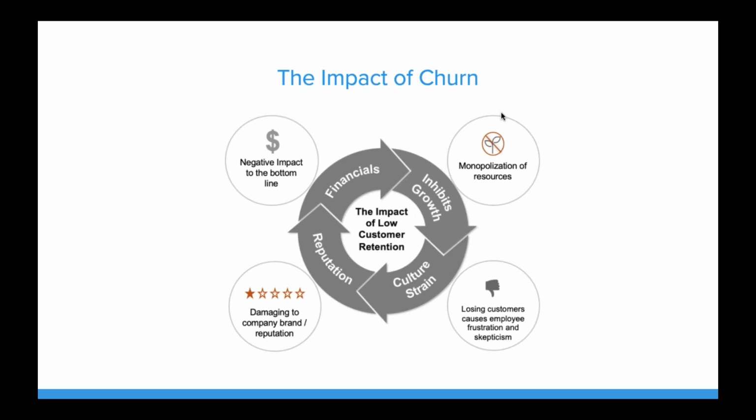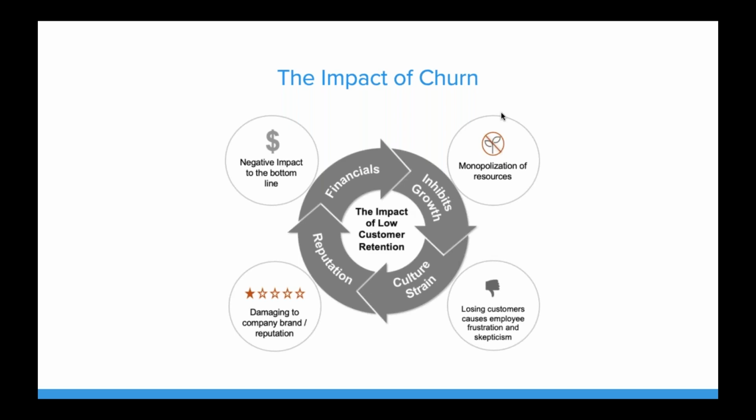we're losing that revenue. It also inhibits our growth because honestly, we're spending so much resource, so much time, so much money to try to retain these customers that if we have this risk of a lot of customers leaving, we end up wasting a lot of resources just trying to keep them, trying to save them, trying to fix problems, and that means that we have resources that are being kept away from other things that we could be doing. So we're really holding ourselves back if we're not addressing this issue.